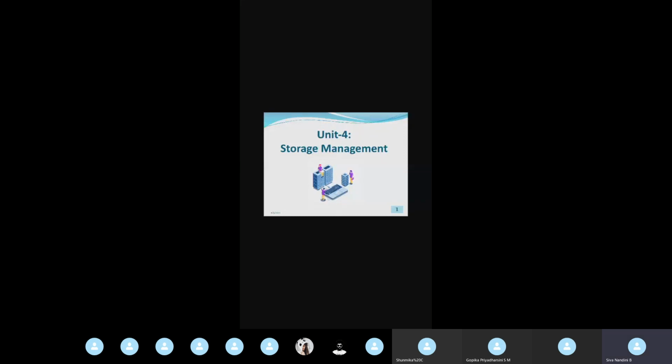Good morning. Last class we saw about disk management. We saw two types of formatting, that is logical formatting and physical formatting. It is how the storage is divided into sectors or how it can be grouped into files, and we can store files or data into the disk.